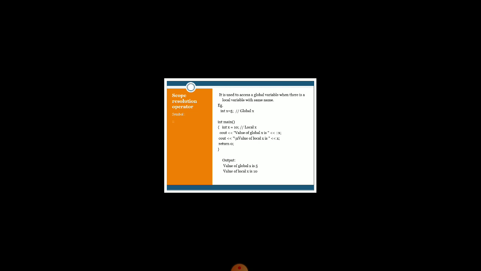So if I want to use any variable anywhere in my program, I will use the operator called the scope resolution operator. Now the next operators are memory management operators. Basically we have two types of memory management operators, new and delete. The new operator is used to create an object of any type, or we can say the new operator is used to allocate the memory dynamically.